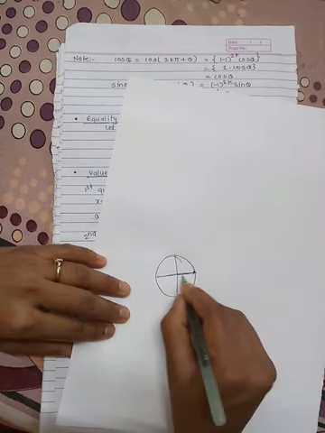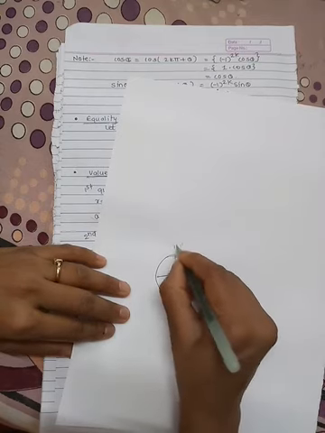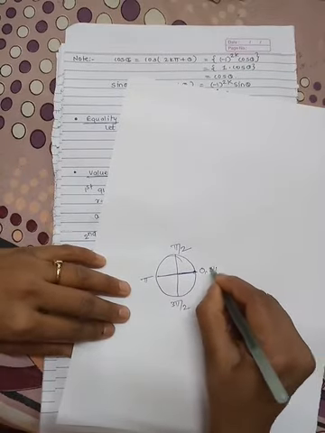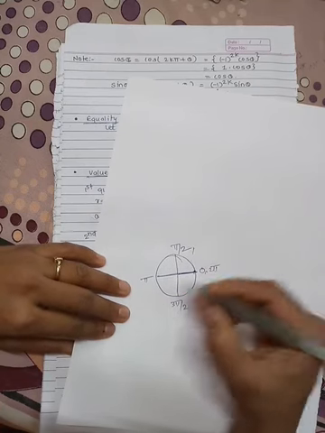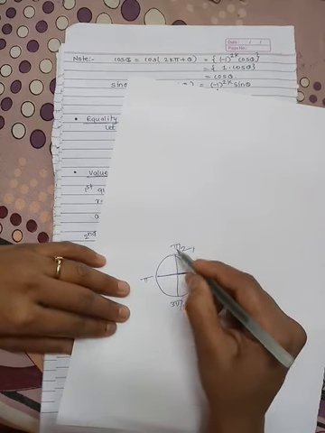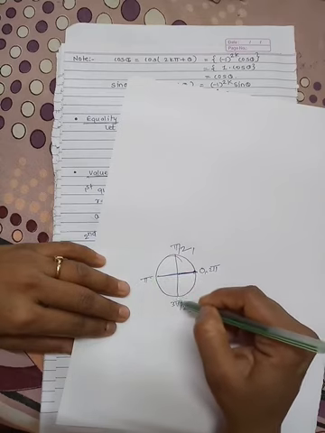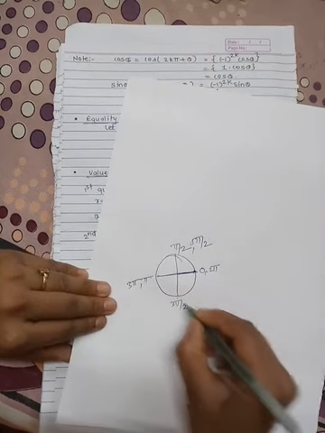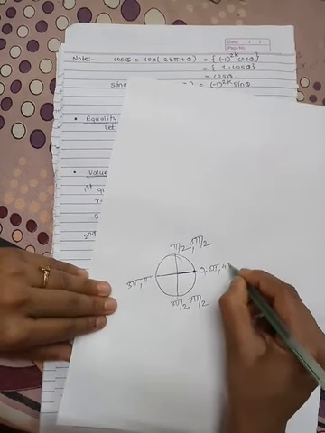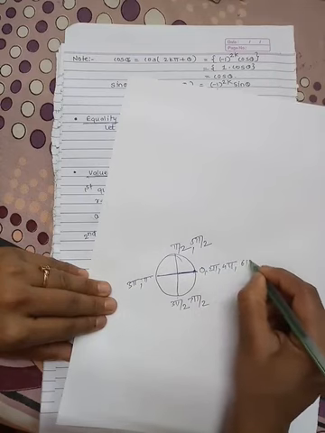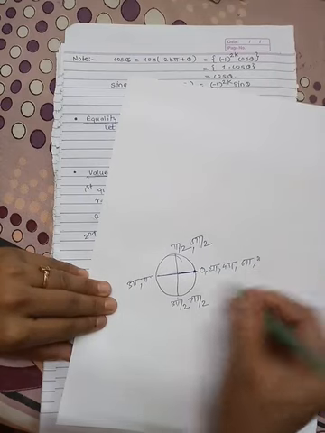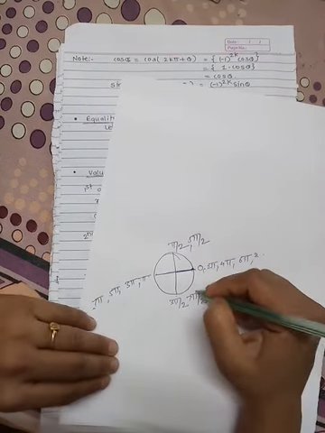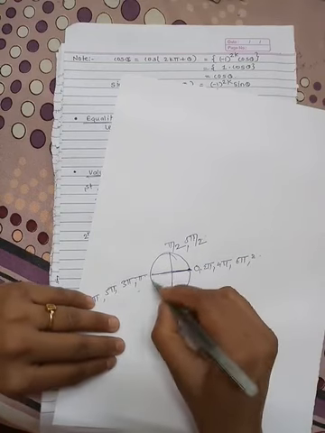So here on this line theta is 0, on this line theta is pi by 2, then pi, 3 pi by 2, 2 pi, then the next angles are 0, pi by 2, 2 pi by 2, that is pi, 3 pi by 2, 4 pi by 2, that is 2 pi, 5 pi by 2, 6 pi by 2, that is 3 pi, 7 pi by 2, 8 pi by 2 means 4 pi. So 0 to 4, the next angles will be 6 pi, 8 pi, even multiples of pi, and here odd multiples of pi, 5 pi, 7 pi, etc. These angles we have to remember.